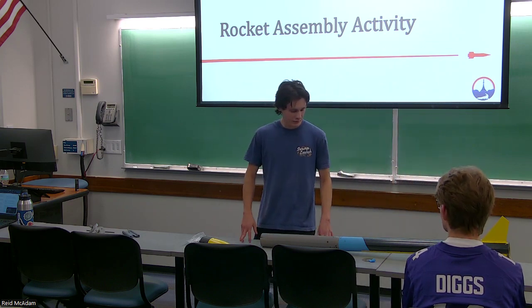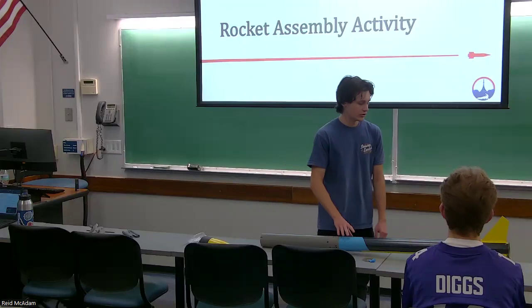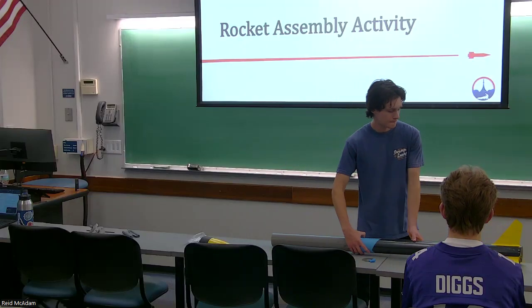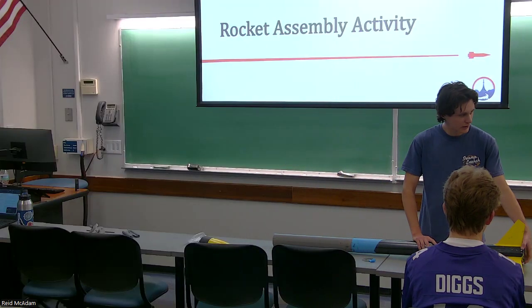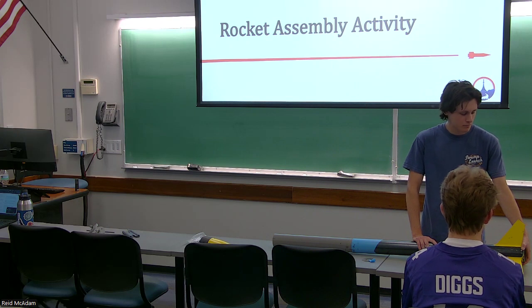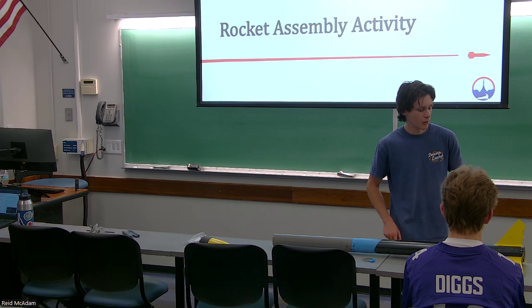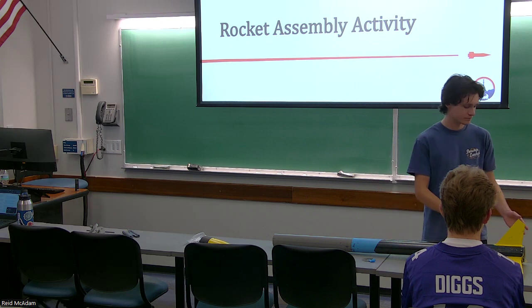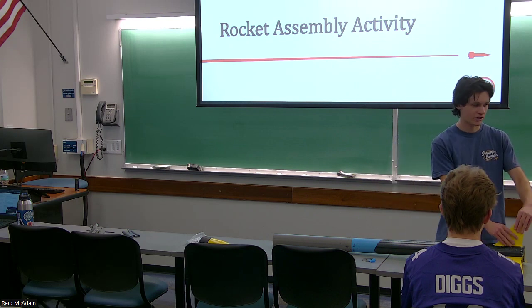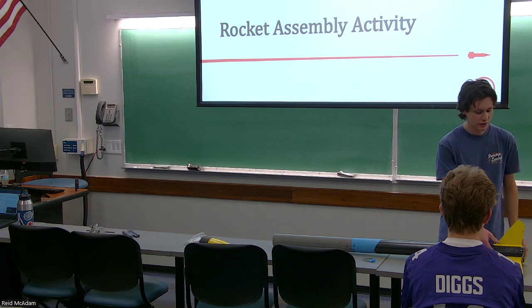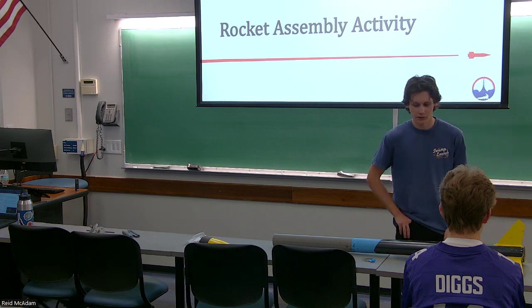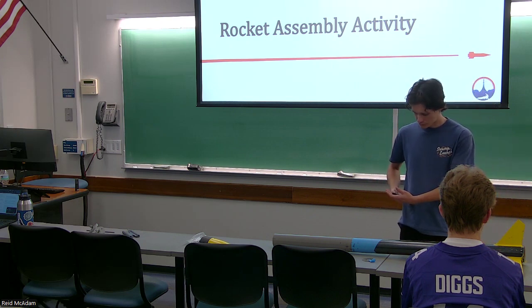And then two other little things I can point out are these things here, which are rail buttons. When your motor first starts firing, your rocket isn't really stable, because the stability of the rocket comes with its velocity. The stability is generated by the fins, and of course the fins can only generate force